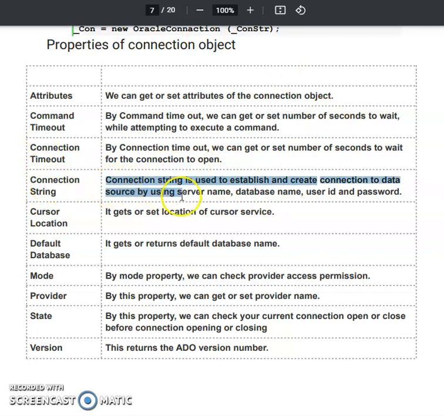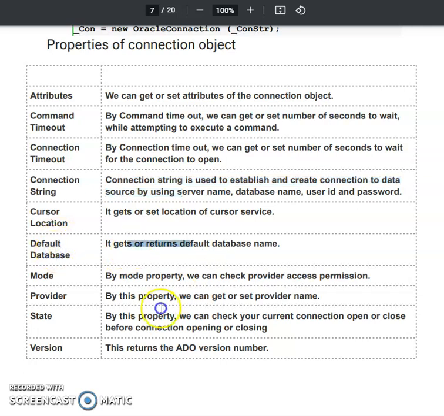Then ConnectionString, that we already know, it specifies different parameters to connect to a database. CursorLocation, it is a default location where it is connected to your database or the table. So it shows that just like a read only mode, the first row, first column, that is your default location. Or if you are specifying some clauses, that is by having some condition in the SQL query, then according to that the cursor location of that particular point will change in your table. So this is about the cursor location.